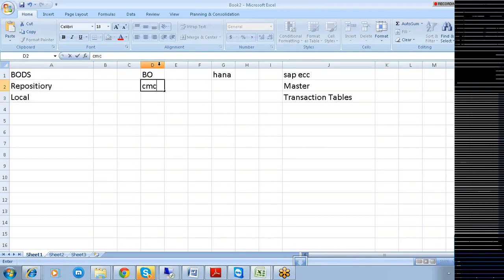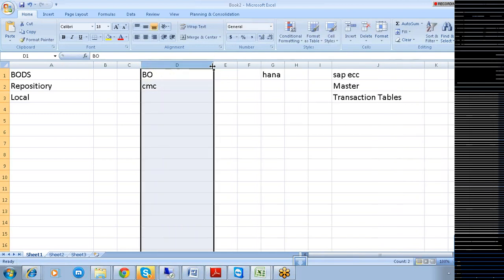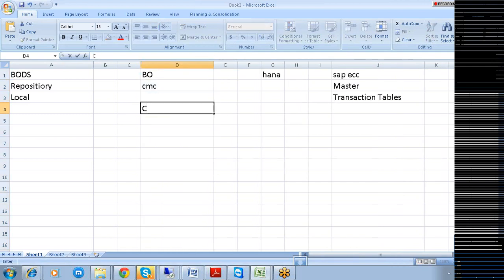CMC stands for Central Management Console. This is the second thing that we are going to do here. This is the Business Objects Central Management Console.